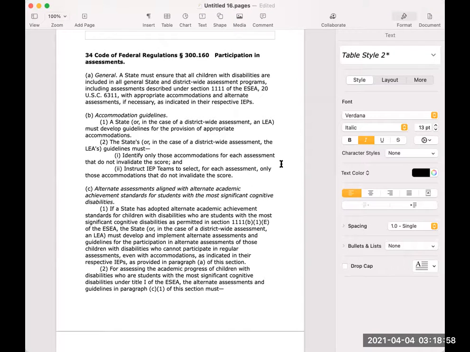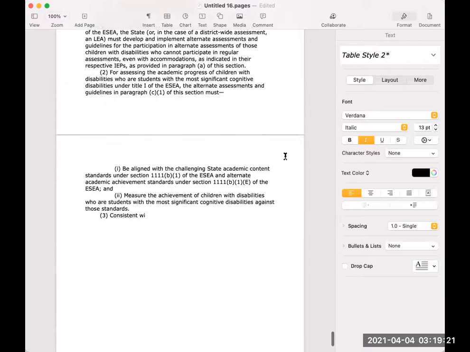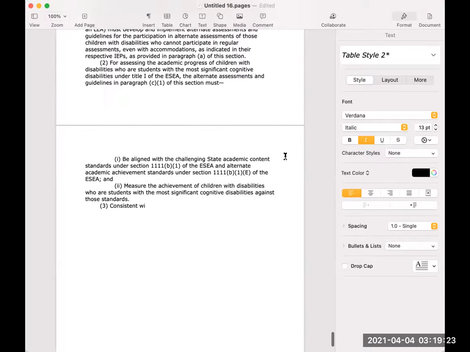2. For assessing the academic progress of children with disabilities who are students with the most significant cognitive disabilities under Title I of the ESEA, the alternate assessments and guidelines in paragraph C.1 of this section must (i) be aligned with the challenging state academic content standards under Section 1111(b)(1) of the ESEA and alternate academic achievement standards under Section 1111(b)(1)(E) of the ESEA, and (ii) measure the achievement of children with disabilities who are students with the most significant cognitive disabilities against those standards. 3. Consistent with